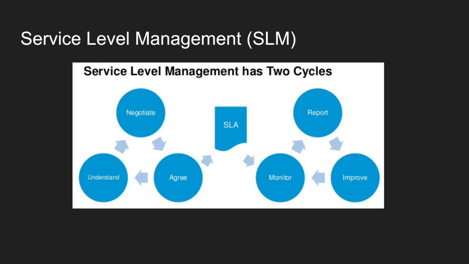Now in the next step of the cycle, we want to include a sort of maintenance. We would want to report to the company on how the service is being used. We may want to improve our conditions of use, and we'd also need to monitor the use of the service to make sure that it fits within the confines of the service level agreement. If any of those things are violated, then it could result in trouble with either the company or legal issues, so it's a very important component of the service level management process.